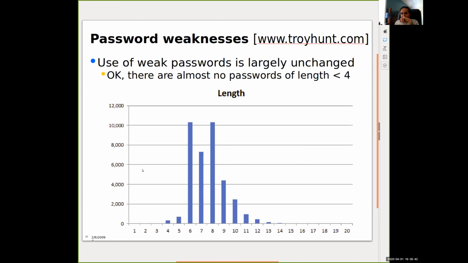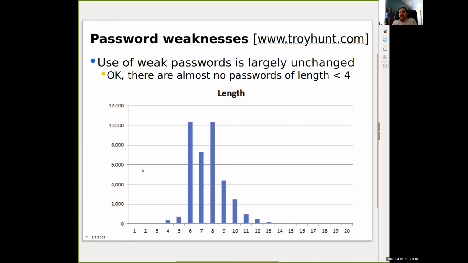And in some cases, the websites didn't even store hashed passwords. They ended up storing plain text passwords. And so it becomes very easy to analyze how long they are, and are they all lowercase, uppercase, and so on. And this chart shows you that once again, passwords are